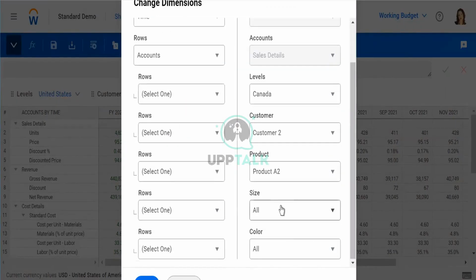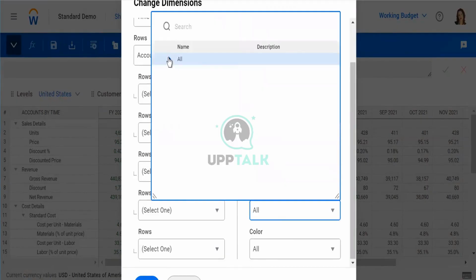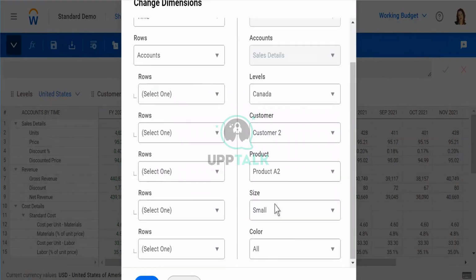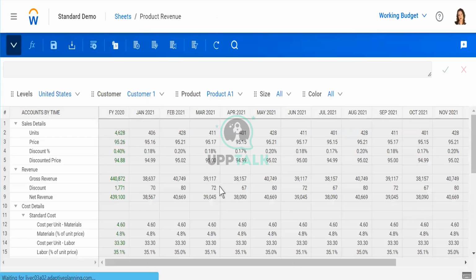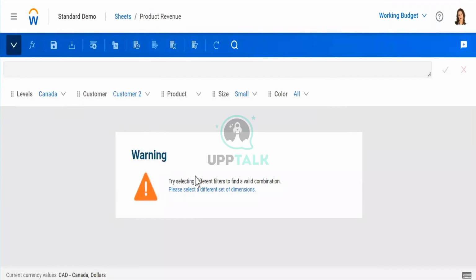And I want size only small, and then it's just one click, the entire sheet would reload and all the parameters would change. They're saying that there is no data for this kind of selection. You can select any other selection to have certain data. Basically, for this intersection, there is no data in the system.